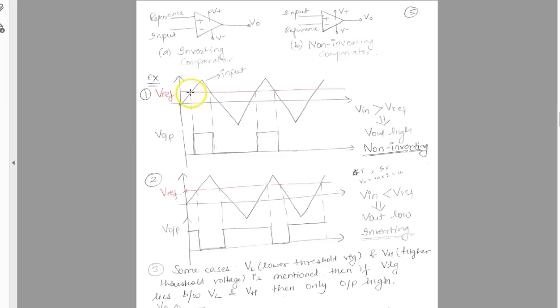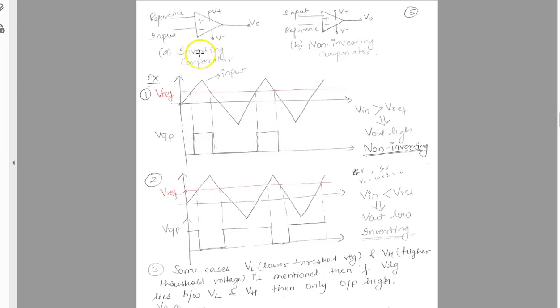If the input goes above this point, at that particular point I'm going to get my output voltage. That's why this waveform has been obtained. You can see here, these are the reference points for this half cycle, and for this cycle you have these two reference points, and that's why your output waveform is turned on for this particular period of